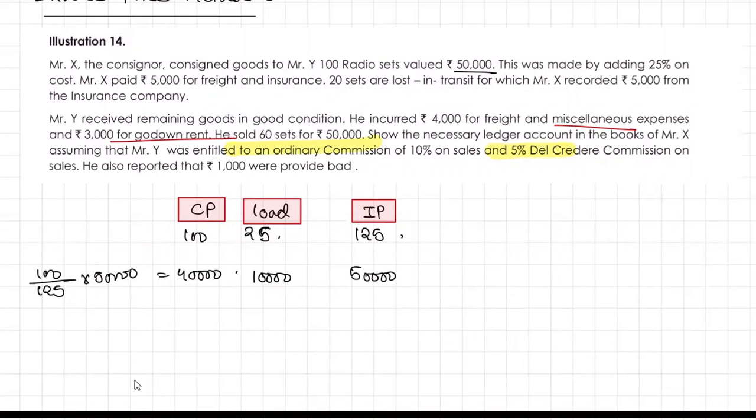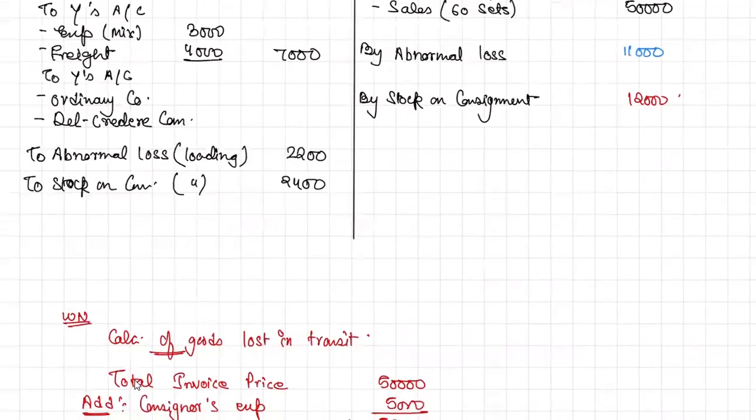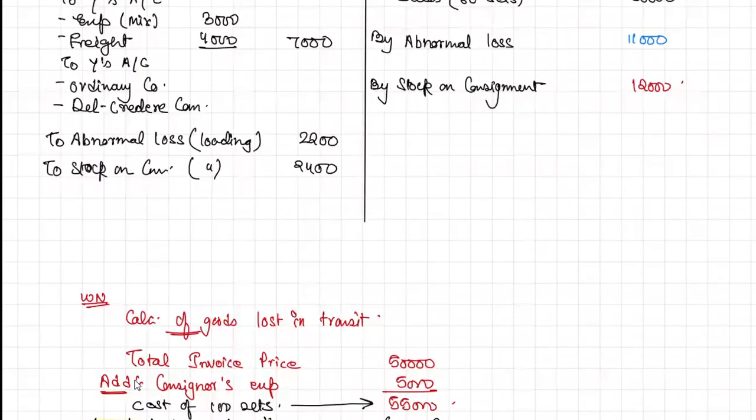On sale amount only ना? क्या सोच रहे हैं आप लोगों को? दोनों सेल पे ही होता है. बस ये एक्स्ट्रा दिया जाता है कि बैड डेट होगा तो वो बियर करेगा। जैसे देखिए लास्ट पॉइंट में लिखा हुआ है, he also reported there were 1000 which provided bad, लेकिन ये कंसाइनमेंट में आएगा नहीं। वाई? क्योंकि डेल क्रेडिट कमीशन दिया हुआ, दोनों सेल्स पे ही होता है। ओके, नेवर एवर गेट कंफ्यूज।